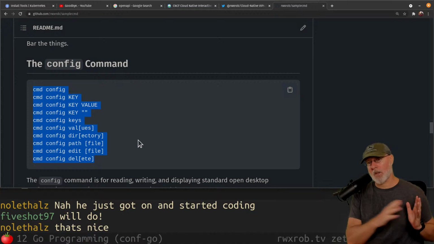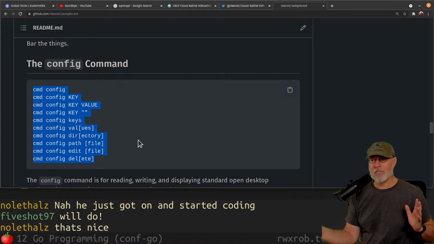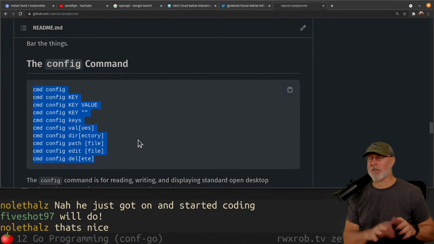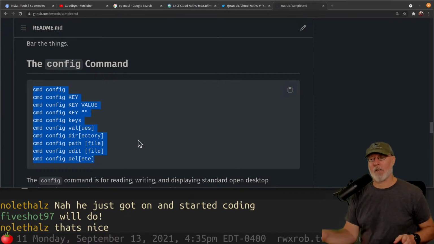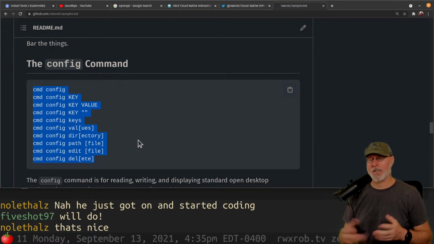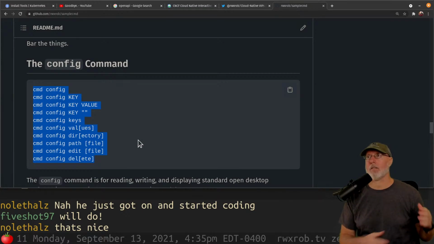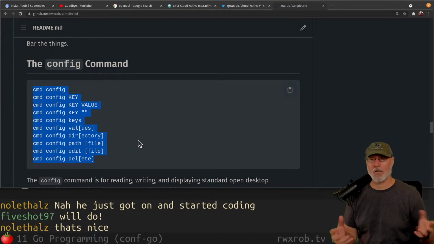You can do stuff really fast with bash and curl and all those sorts of things, and you don't have to find the right library or anything. Then you can go right back and port all that stuff over to Go and really flesh it out. That's exactly what I'm doing with my Zettelkasten Zet command. I have a command called Zet, which is a Zettelkasten note-taking method, my version of the method. And it's all in bash right now.